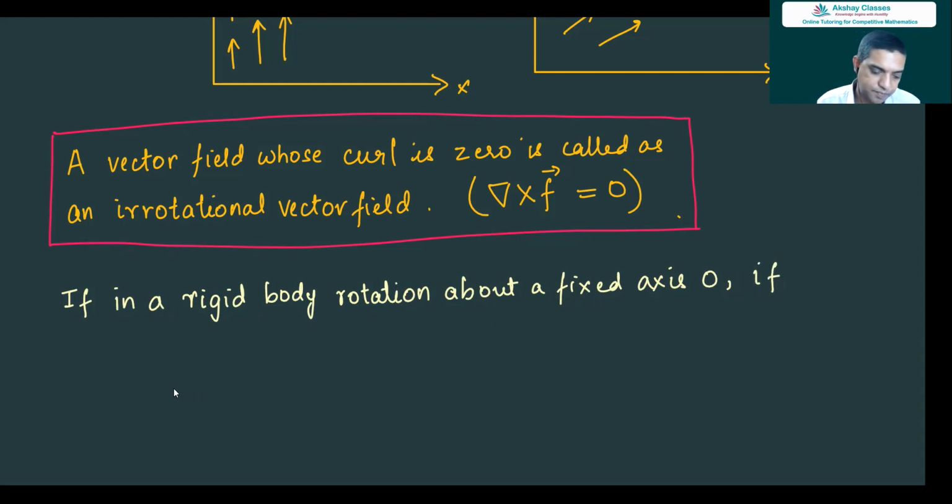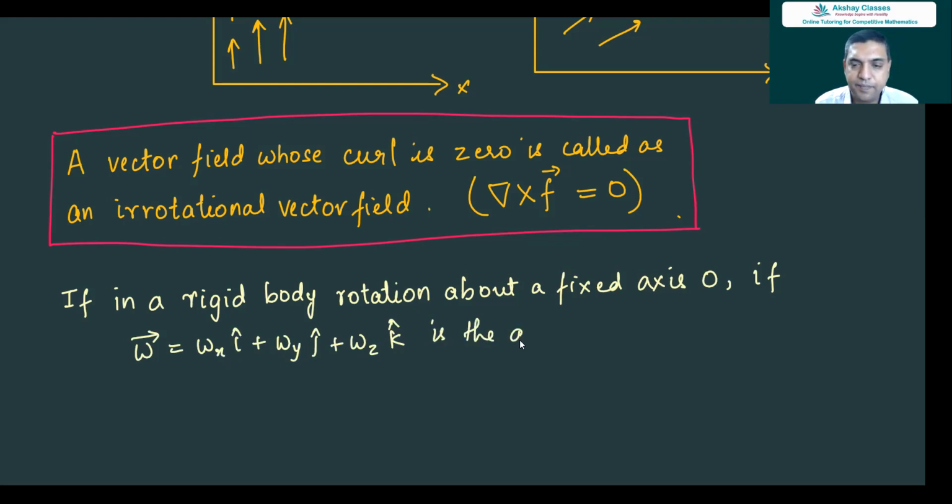So if omega is omega x i plus omega y j plus omega z k, is the angular velocity, then